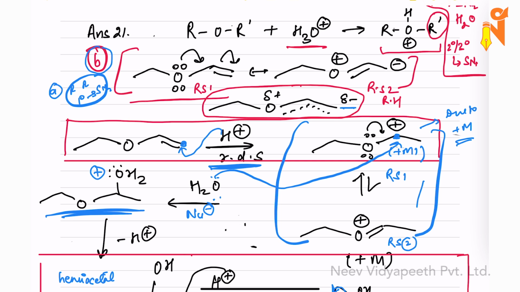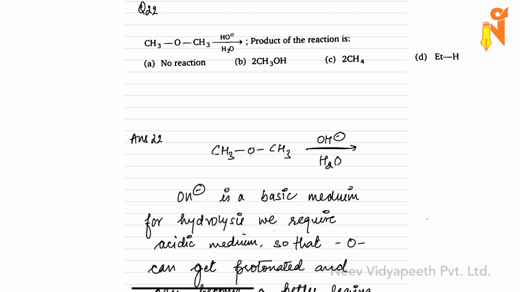And the reaction can go through SN1, but not as fast as in the case we have discussed just now. Now let's talk about question number 22. In question number 22, we have been asked to hydrolyze CH3OCH3 in the basic medium. Now let's understand what will happen if we try to react it with OH minus. So OH minus can attack on this carbon with the delta positive,